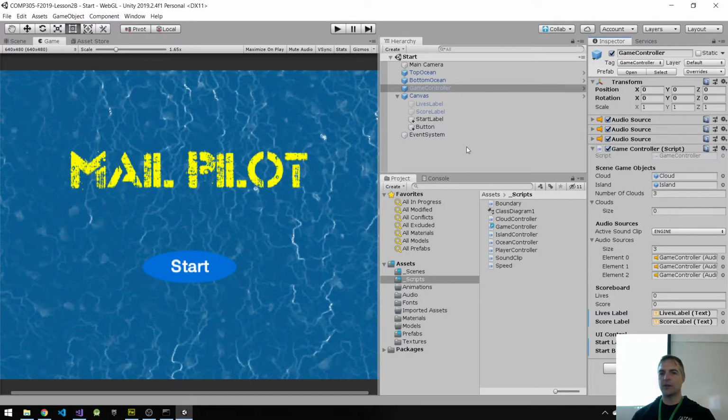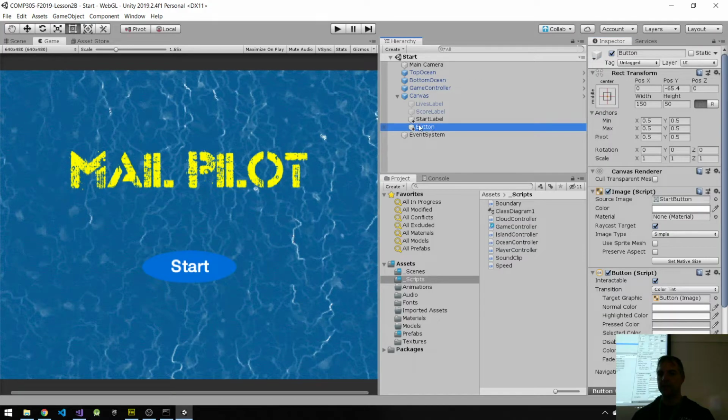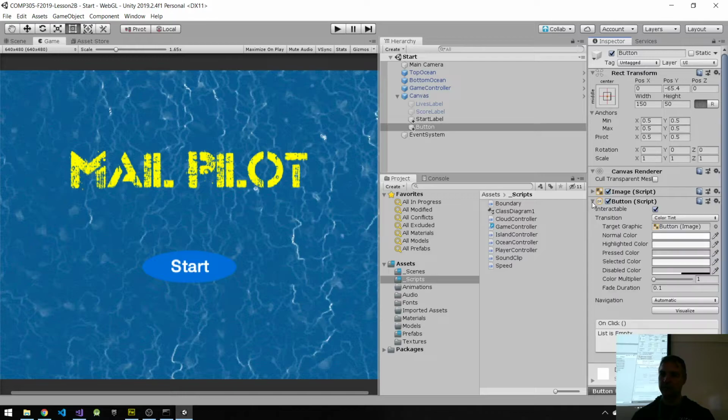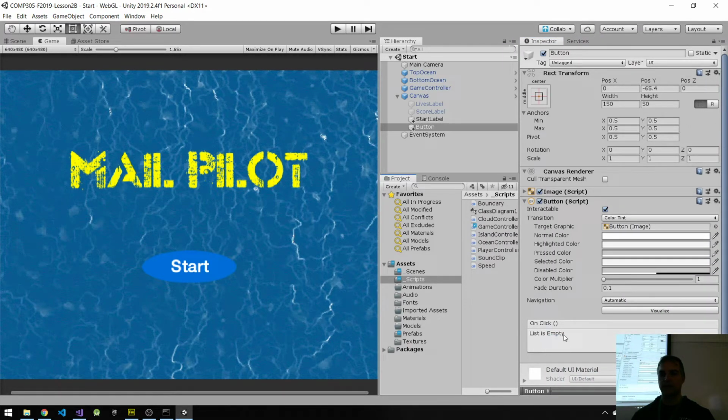I got to go back to my UI. So here I've got my script happening, right? And what I want to do is set it up so that in my button, the button itself, if I scroll down, I'll collapse these two for now. If I scroll down, you can see that there's an area that says on click. That's the default event for a button. If I click this plus